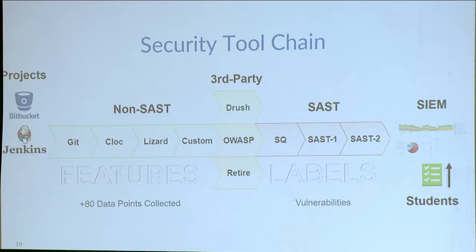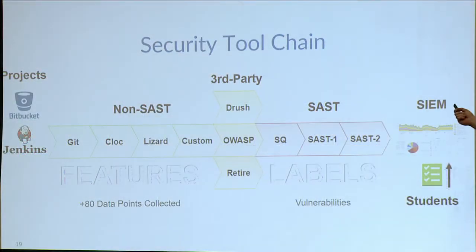It's cool. So here's our security tool chain. Nothing spectacular, but probably additional scanning things are taking place in there. Our projects are in Bitbucket, we're using Git, and we're using Jenkins. So we have these customers come in, they do their commits and push. The Jenkins can fire off on demand a scan through this whole chain, and we also do offline scans as well, like on the weekend. And you'll see that it's divided into three components.